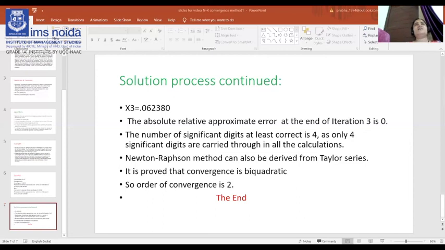What are the additional resources? For resources on this topic, such as digital audiovisual lectures, Mathematica and Wikipedia, you can go through these websites and find related blogs or physical problems. Please visit all these sites so that you can get particular problems and study the convergence of the Newton-Raphson method.